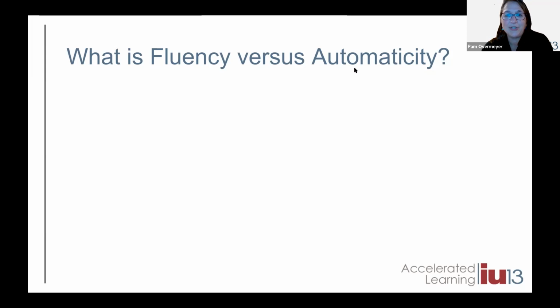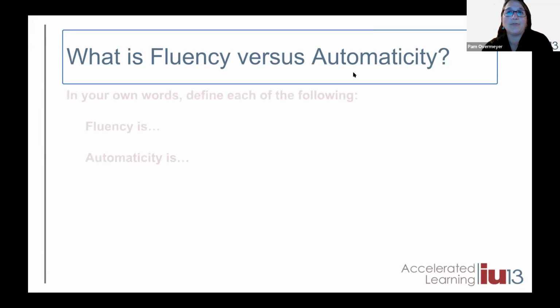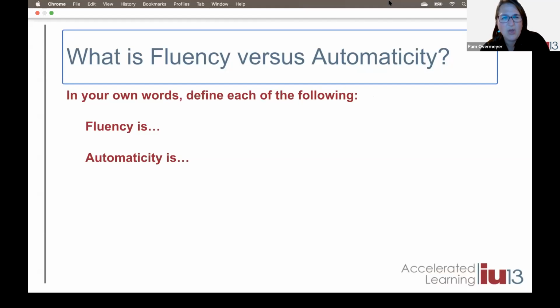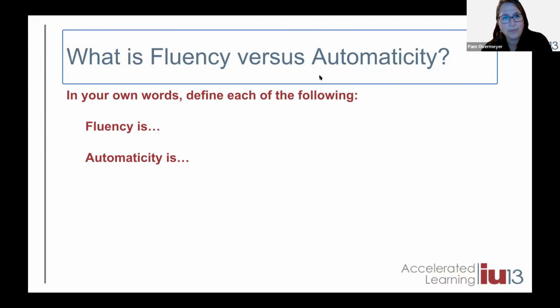What we'd like you to do is in the chat, from your definition of fluency, give a real quick little how you've defined each one of those. And then decide if you feel your students are fluent, or do they have automaticity, or do they have a little bit of both? So go ahead and take the next, let's say 2-3 minutes. Think about that, throw it into the chat, and we'll try to summarize what we're seeing.